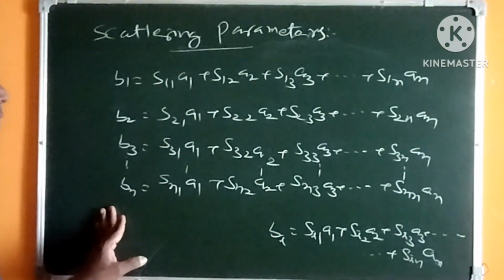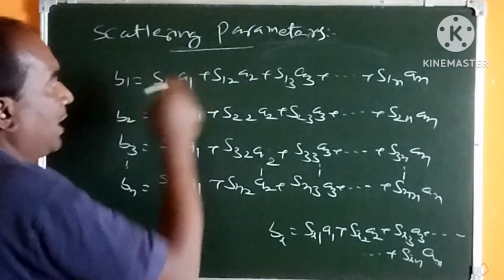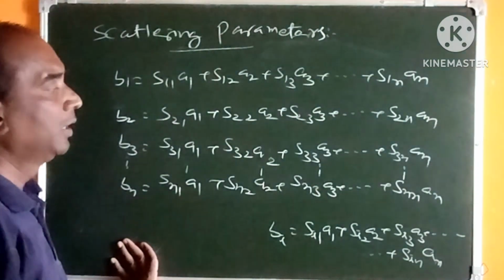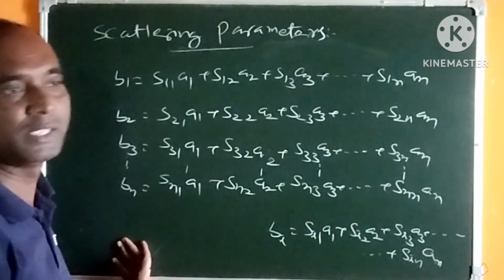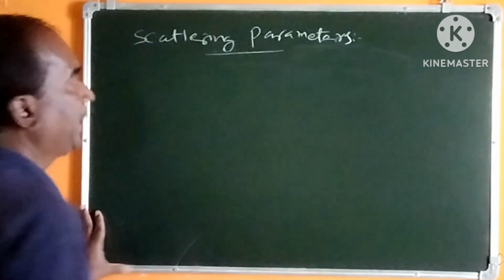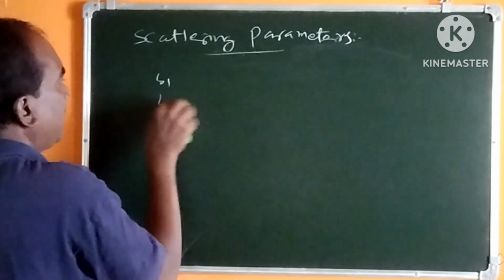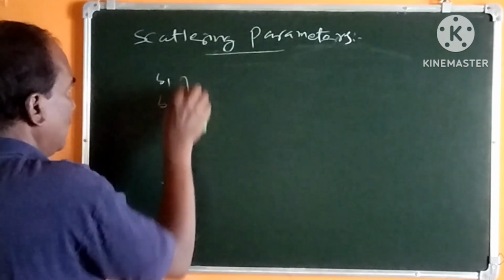Okay. Now these B1, B2, B3, and A1, A2, A3, etc. are to be represented in the form of a column matrix. Now these waves can be related by the matrix, can be written as matrix B1, B2, B3, etc. Bn will be equal to,